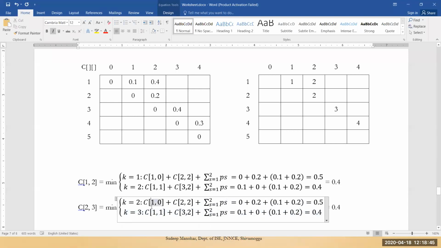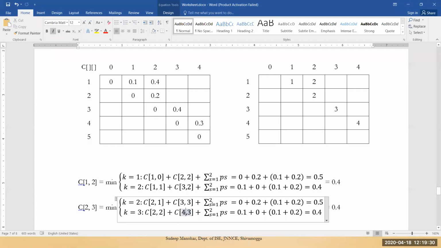Now let us do the first one. If you look at this 2 comma 3, I is 2. Therefore this is 2, and the rightmost is j, this is 3. Here also it is 2, that is I, and here it is j, that is 3. What about the middle one? This is k minus 1. What is k? K is 2. Therefore, k minus 1 is 1. There should be k plus 1. K plus 1 means 2 plus 1, that is 3. Here, k minus 1. K is 3. K minus 1 is 2. Here, k plus 1. K is 3. K plus 1 is 4.